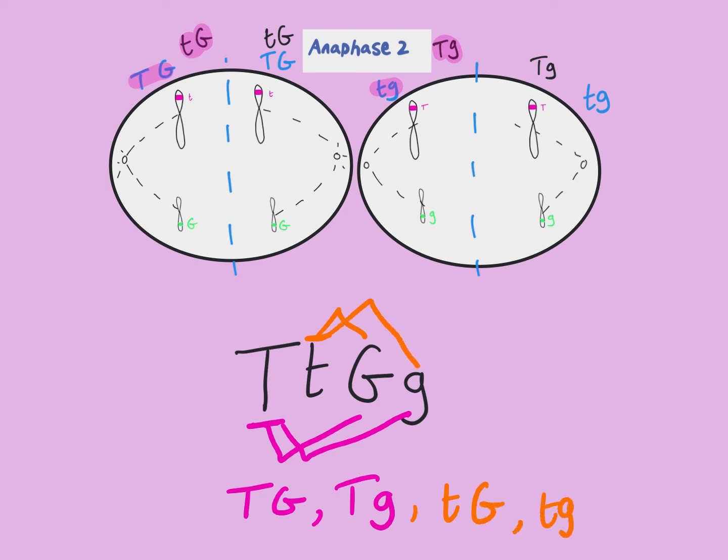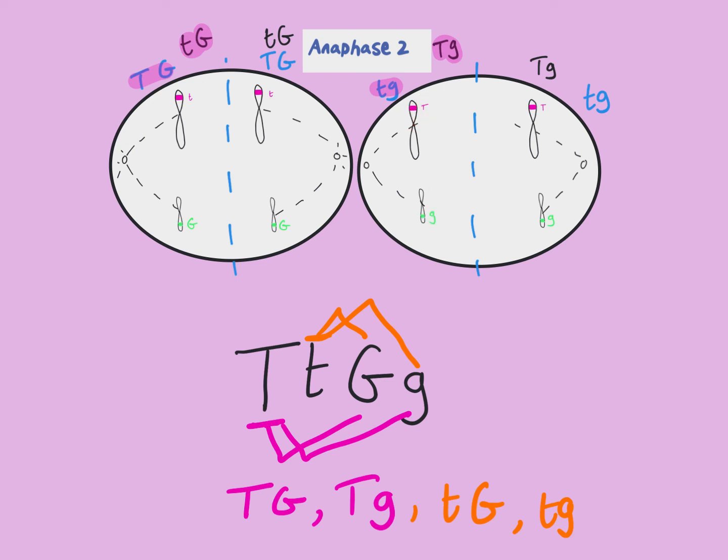Now, you saw in the previous example of anaphase that there were multiple options, like there were 2 small tg, 2 small tgs over there, but I just write it once. You would never be asked to explain how you get to the gametes. I was just showing you this video to show you how we end up with 1 T and 1 G in each of the gametes, and how we can end up with a big T being with a small g,